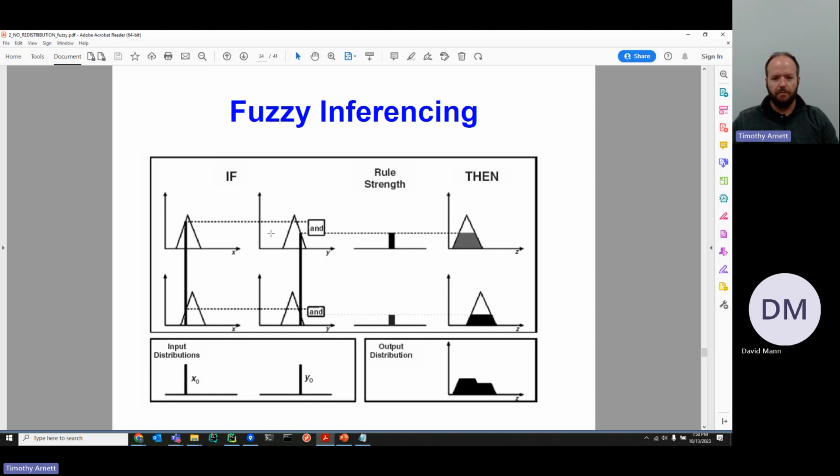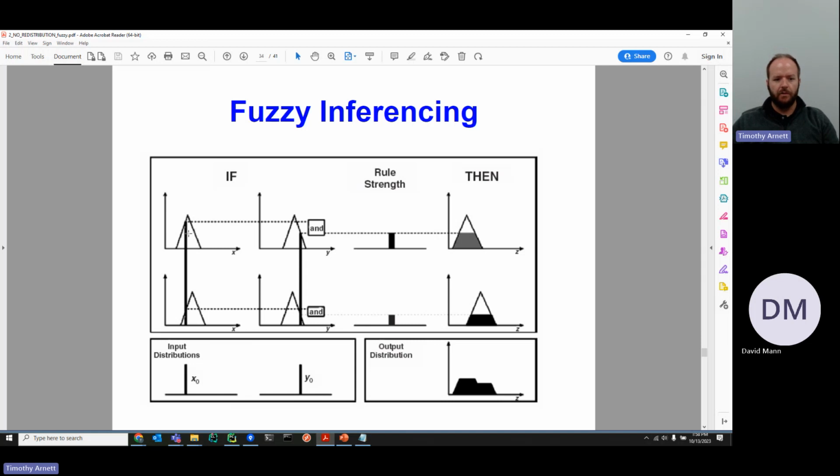So in this example, we have a 2-input fuzzy system with triangular membership functions on the input side. So this is a single measurement for X and a single measurement for Y. Those are 2 inputs, X and Y. We then have some output Z. And so this represents 2 different rules that are being fired in this fuzzy system. So this is the first rule, this line right here, and this is the second rule. So in the first rule, you'll see that the membership functions being activated are different, by the way.